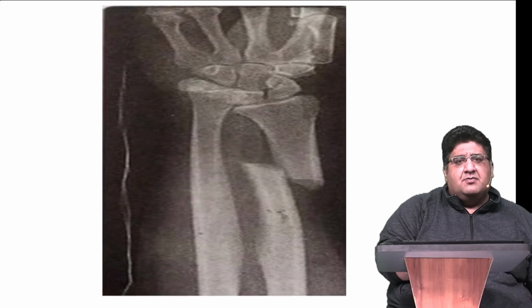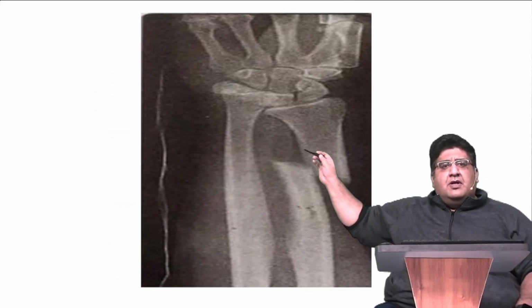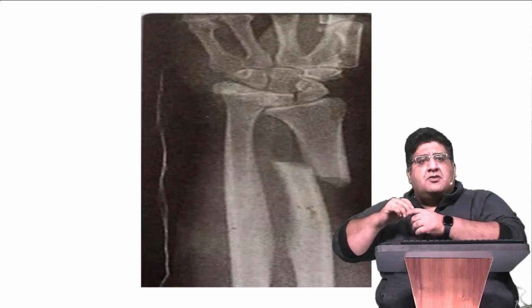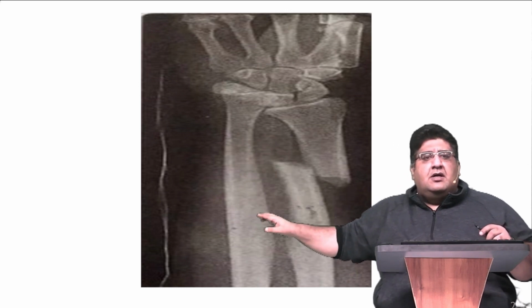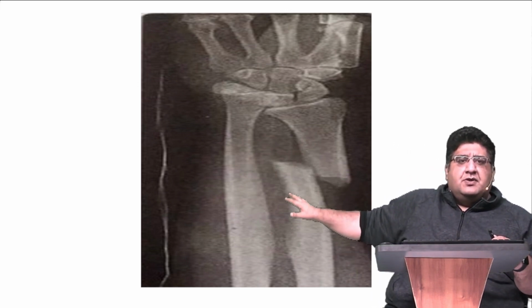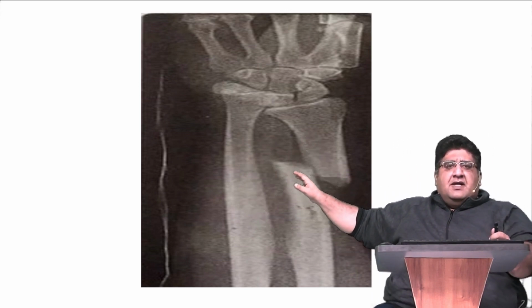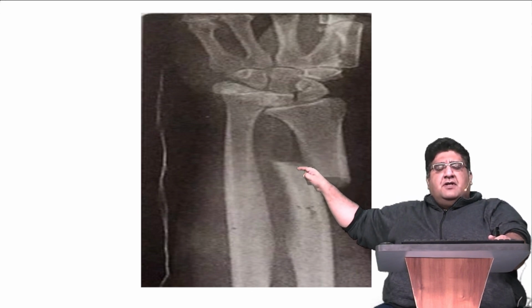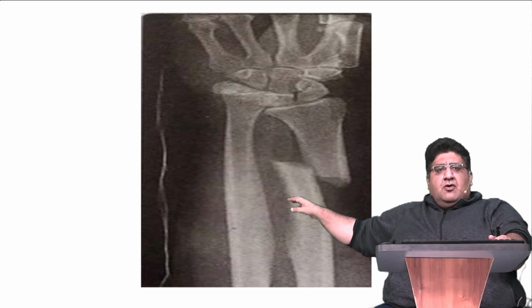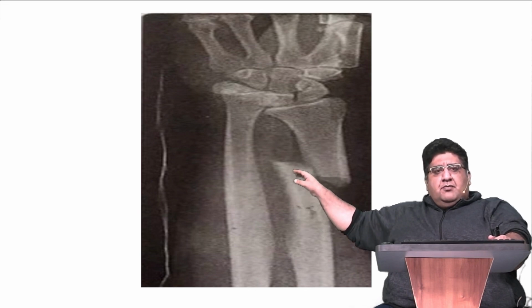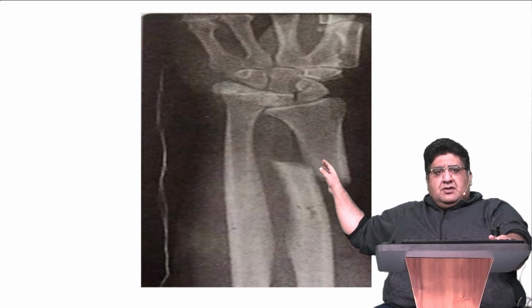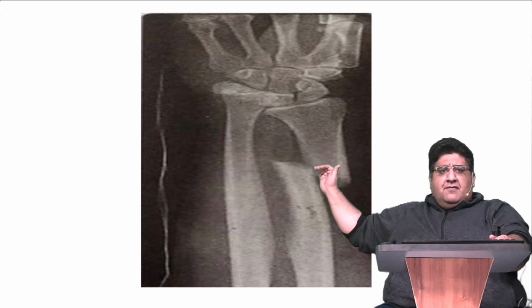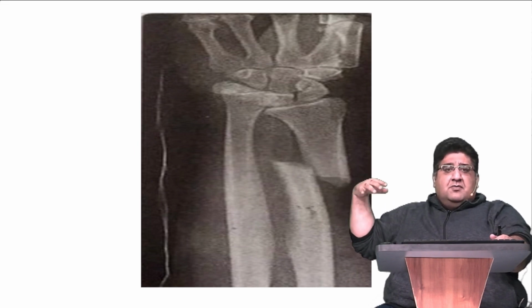See, I'll make it very simple for you. I'm sure you all can see this bone here. This bone here is basically the ulna. This bone here is the radius. You can see a fracture here. The fracture is not in the distal end of the radius. The fracture is in the shaft of the radius, not in the middle one third of the shaft. This is exactly the junction of the middle one third and the distal one third. So there's a fracture of the shaft of the radius, not in the middle one third, but at the junction of middle